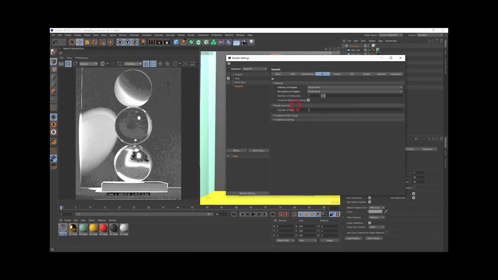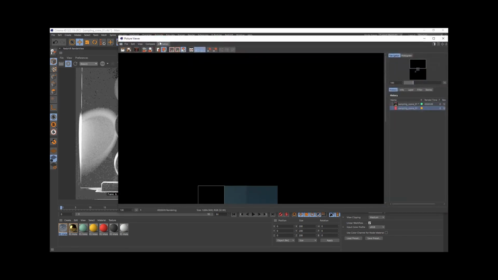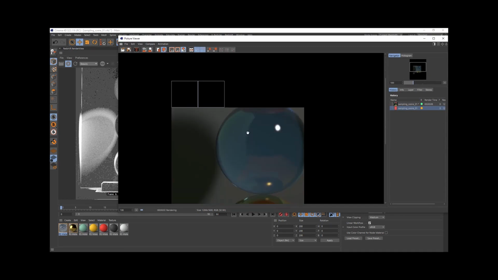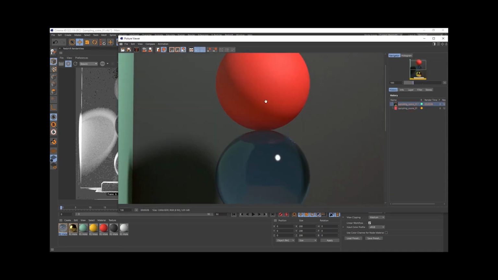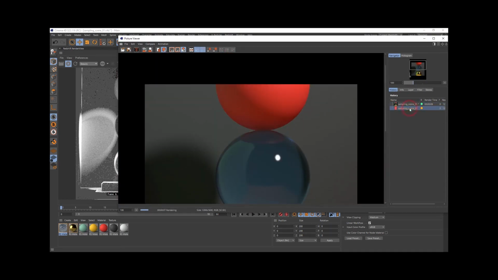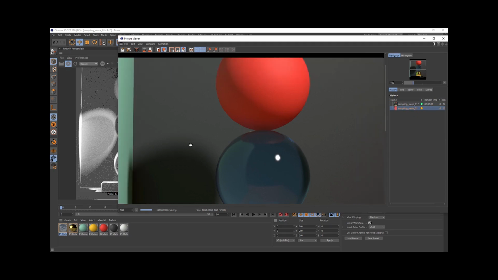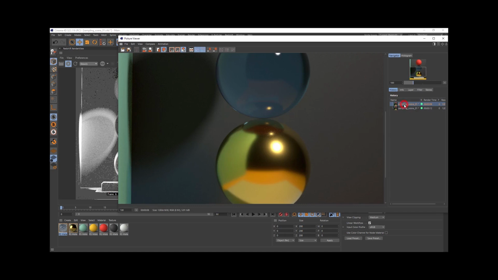I'm going to brute force and maybe up this. Our image became more clear. We can check it. So you remember the first attempt, the second is a lot cleaner in shadows, but we have some